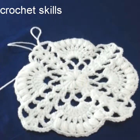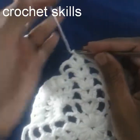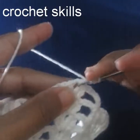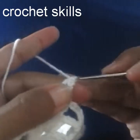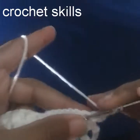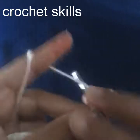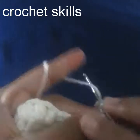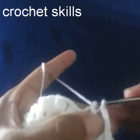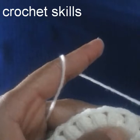Round is complete. Start another round with a slip stitch in this chain 2 space, chain 3 to begin the next round. Work a double crochet, chain 2 and 2 double crochets in this same chain 2 space. This is the corner of the square. Chain 5, single crochet, chain 5 in the first puff stitch,